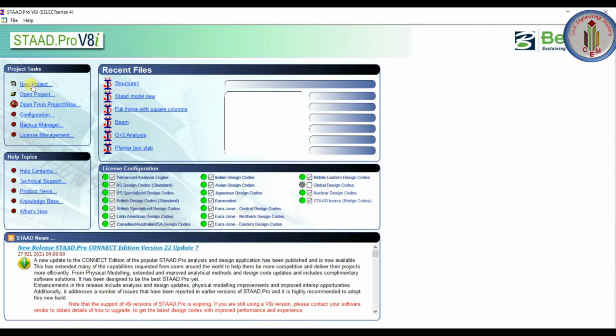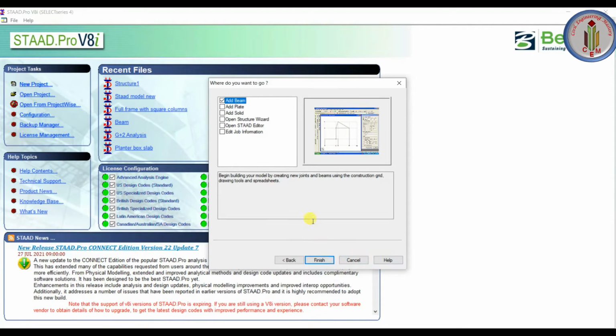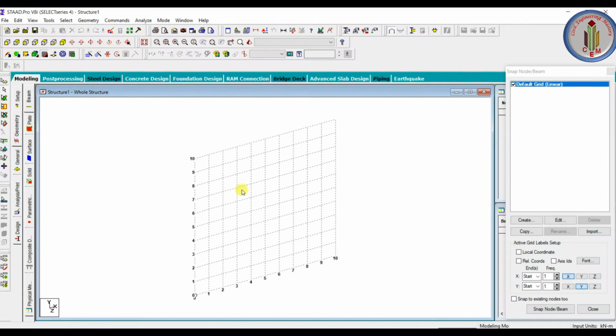So now let's click the new project. Here, for space and unit, let's keep it in meter and kilonewton. Go to next and then finish. This is the home page whenever you open the STAAD Pro software, and in three ways we can model the structure